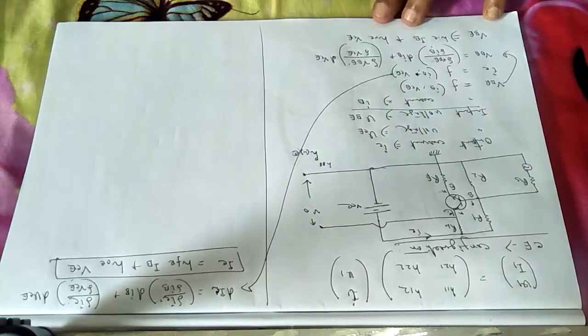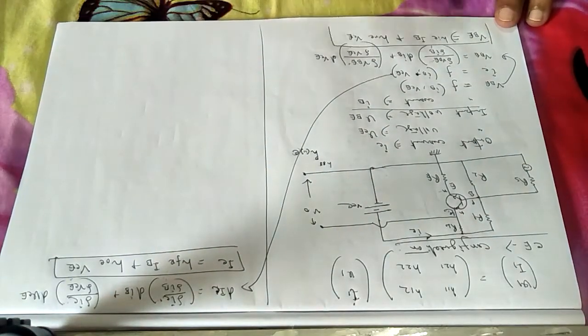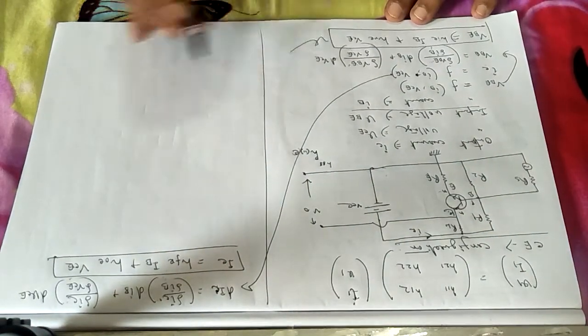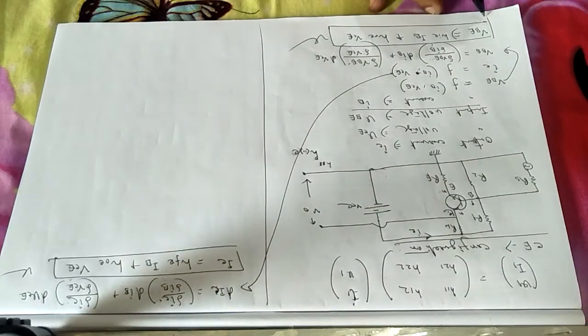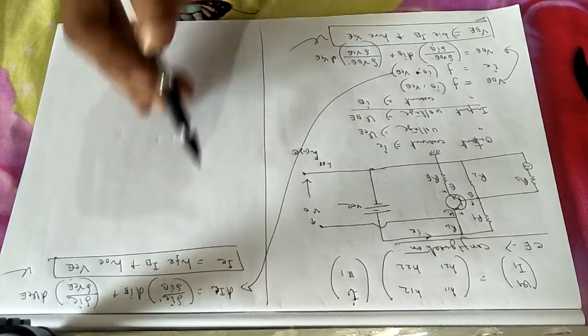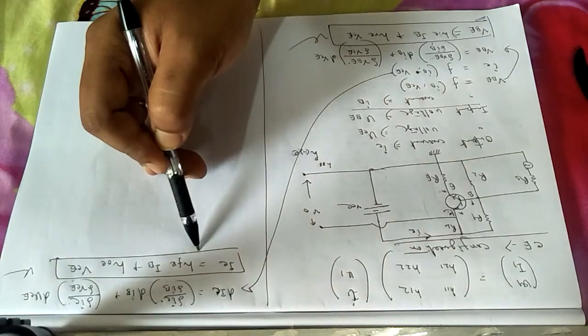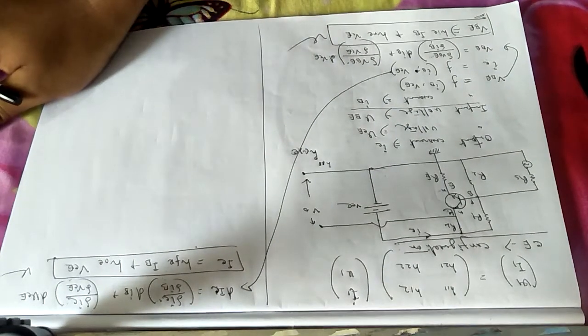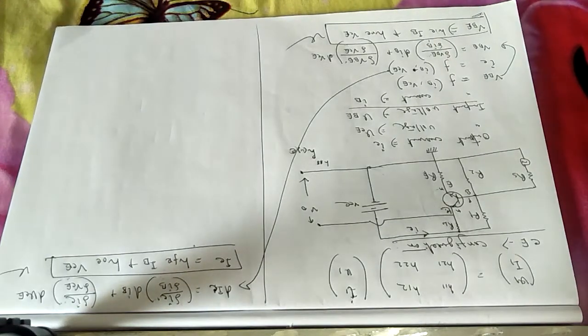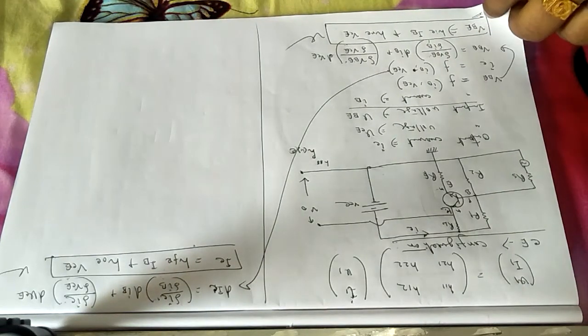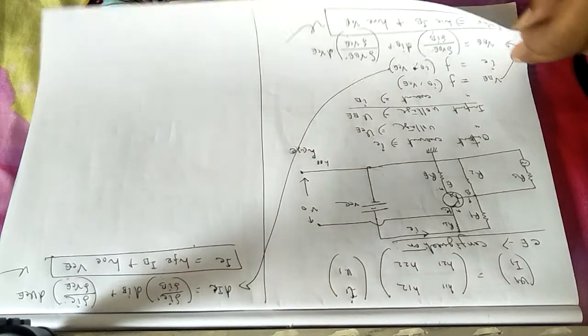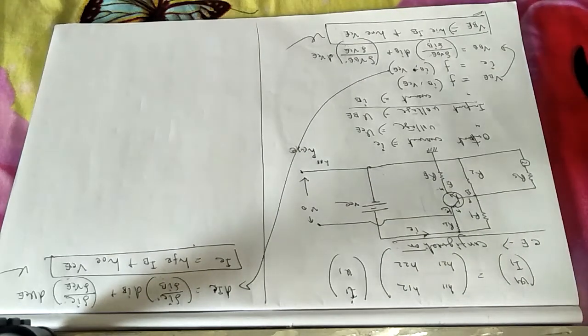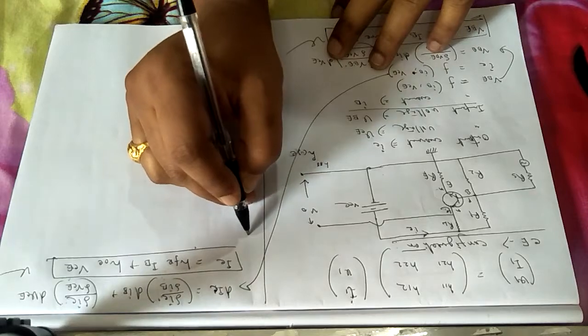Look, this is for common emitter configuration. These two are the basic equations with the hybrid parameters. This is one equation, this is another equation. This equation gives you the idea about the input voltage in terms of hybrid parameters, and this is giving you the output current in terms of hybrid parameters. It is as simple as that. And in the experiment in the class, you can directly calculate all the values of the hybrid parameters. This is also very simple. I am showing you the calculation of hybrid parameters with the common emitter configuration.